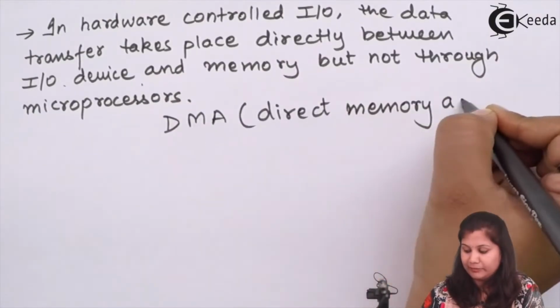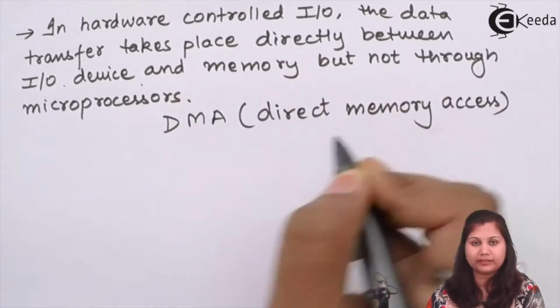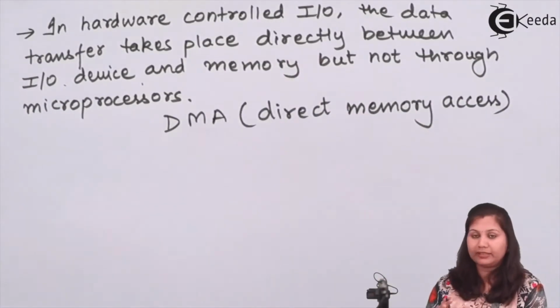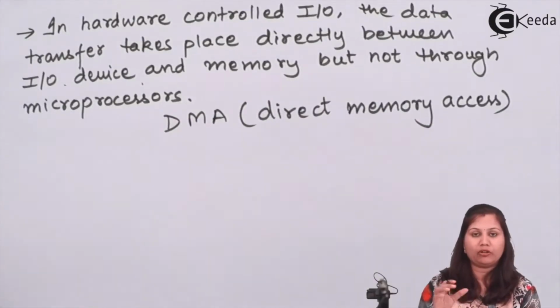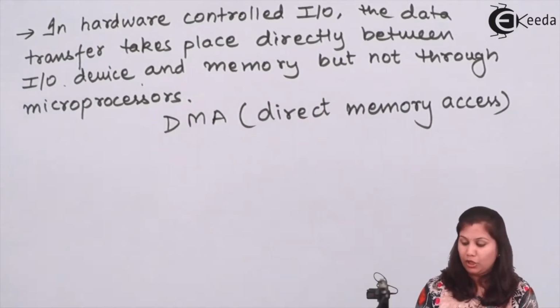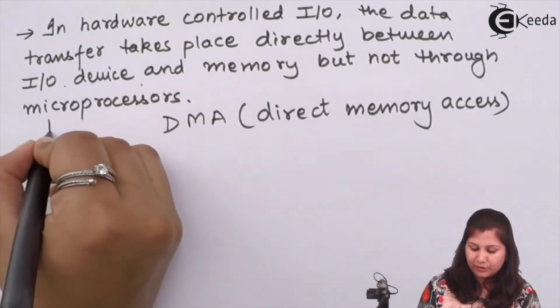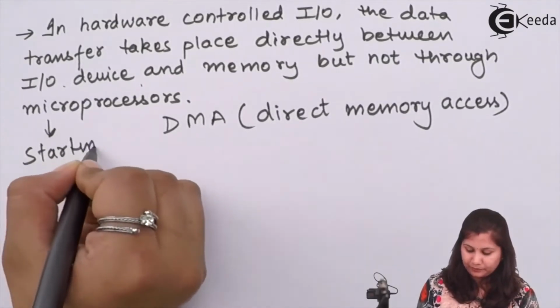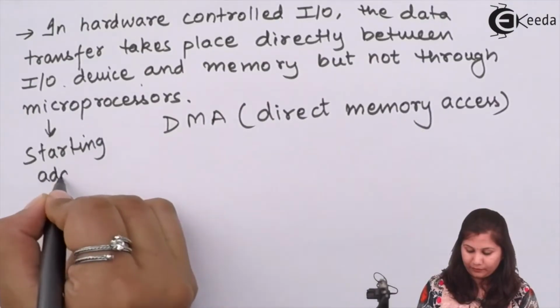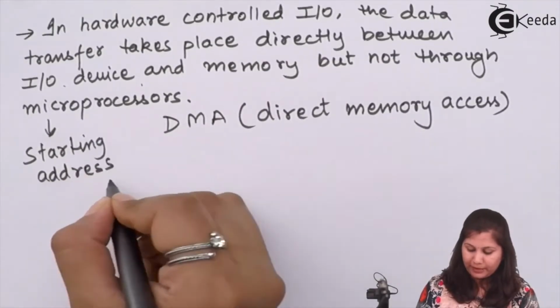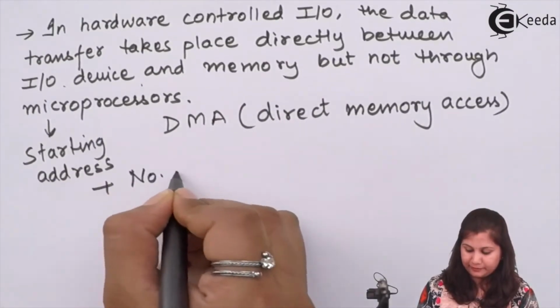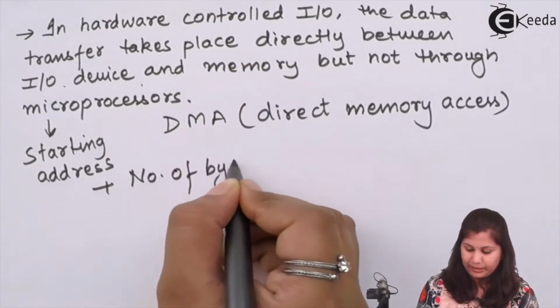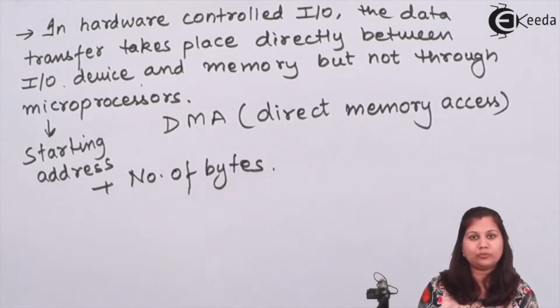So directly the memory will be accessed by the input output device. The data will be read from the memory or written into the memory. Only the microprocessor is going to provide the starting address plus the number of bytes,